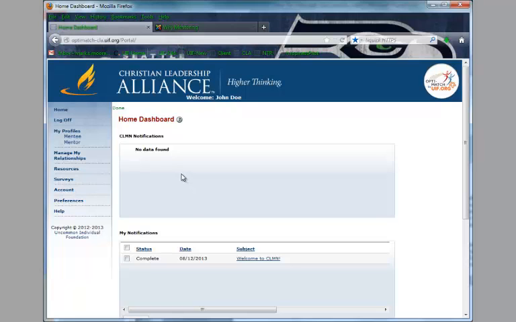In the top table, CLMN notifications, you'll receive messages that are applicable to everybody using CLMN. In the second table underneath, My Notifications, you'll receive messages that are specific to you. And you'll find in My Notifications table that there will be a notification here in this table that corresponds to every email that you receive from CLMN that gives you the information you need to take the next step in